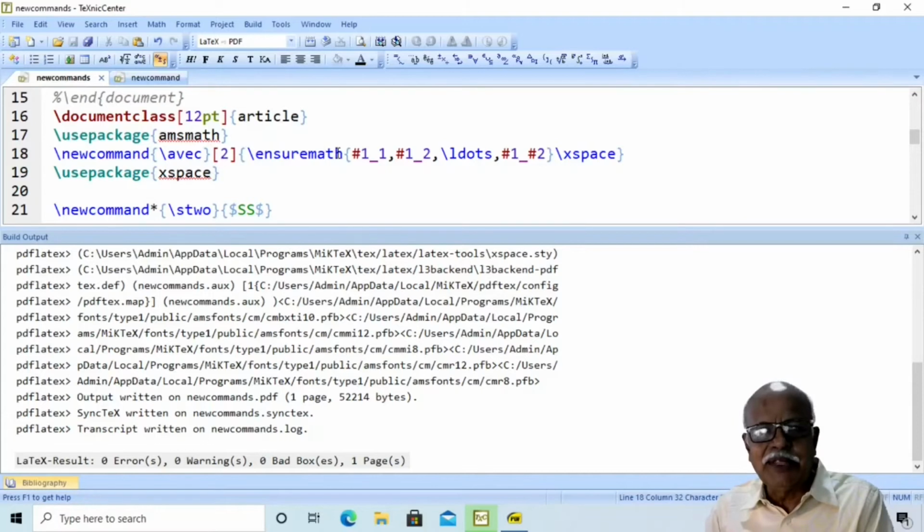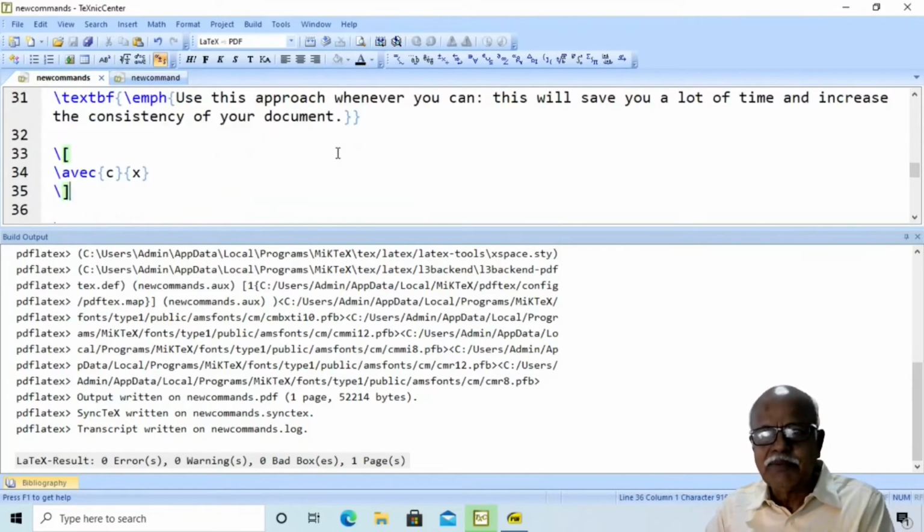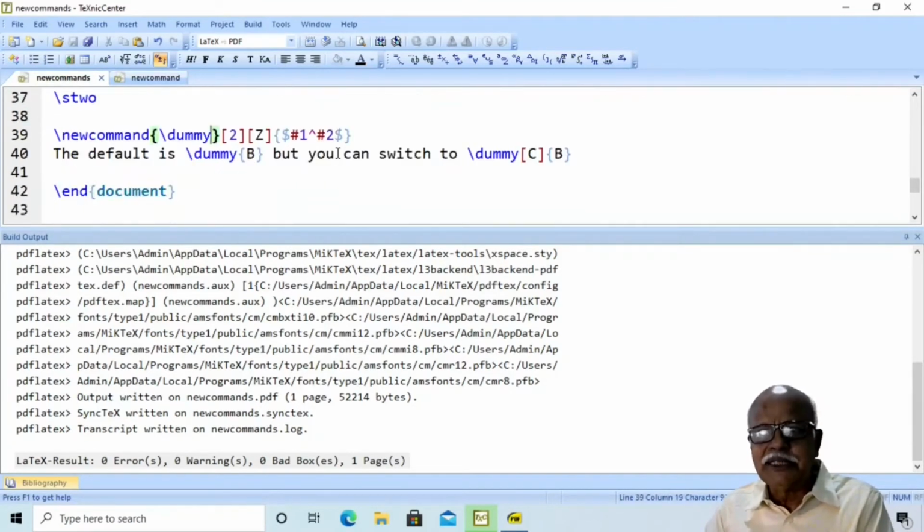If you are familiar with tensor analysis, you can typeset Christoffel symbols only with the help of such a definition of new command. Actually, the new command definition is more elaborate. People usually stop with this: newcommand, the command, and the number of parameters, and then how they define. Actually, here you can specify the default value for the first optional parameter.